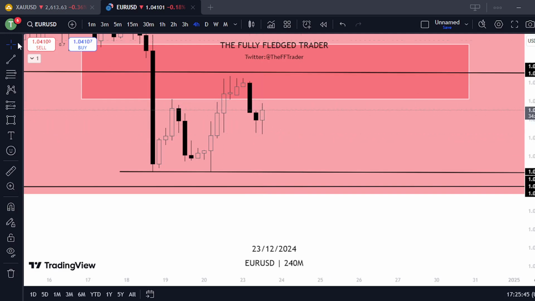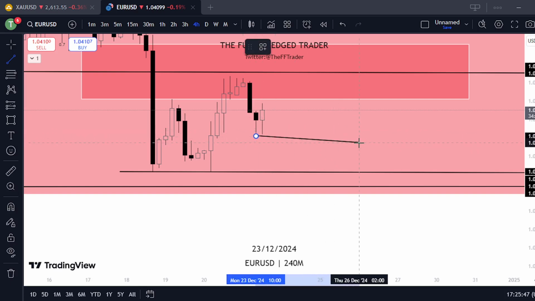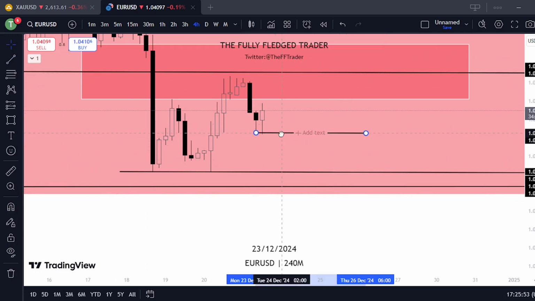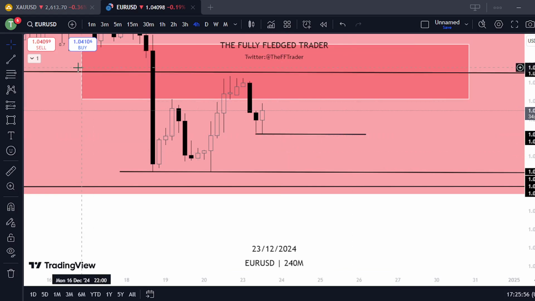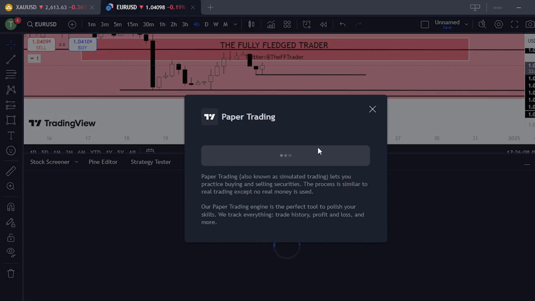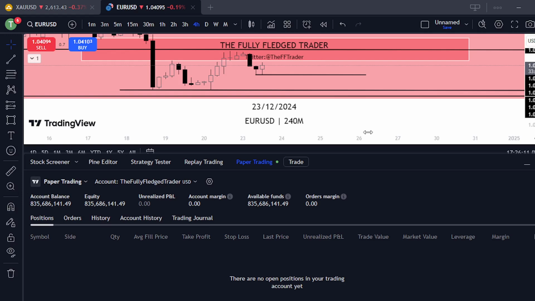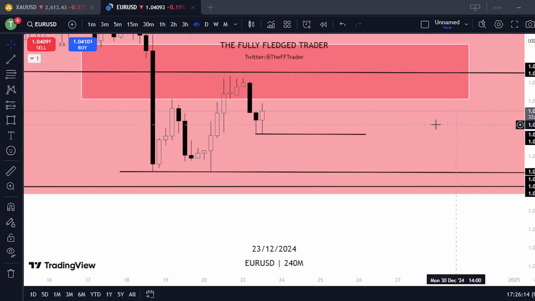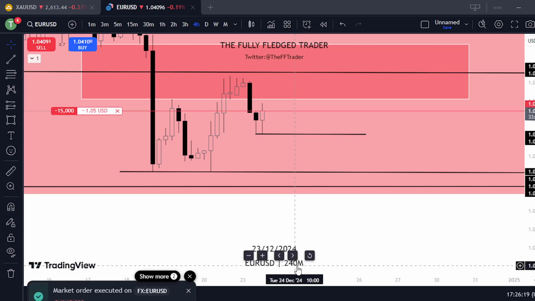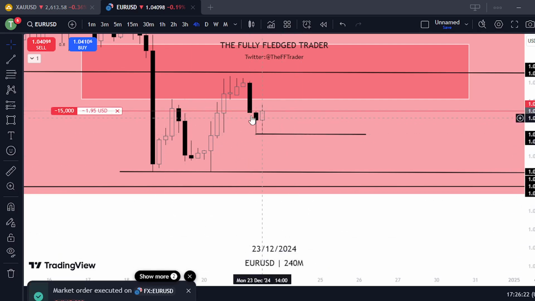So this is my level one, and I'll be expecting price to trade lower and lower. So I'm going to connect to my paper trading account and sell from that point. So that's the sell. The stop loss is going to be here,